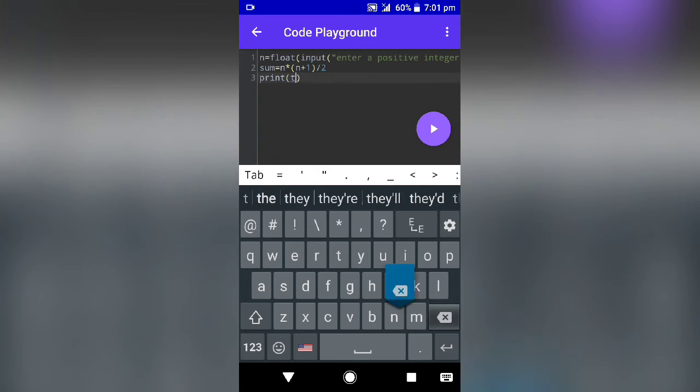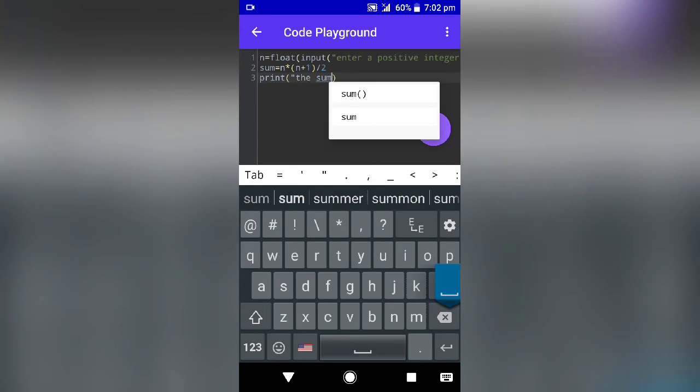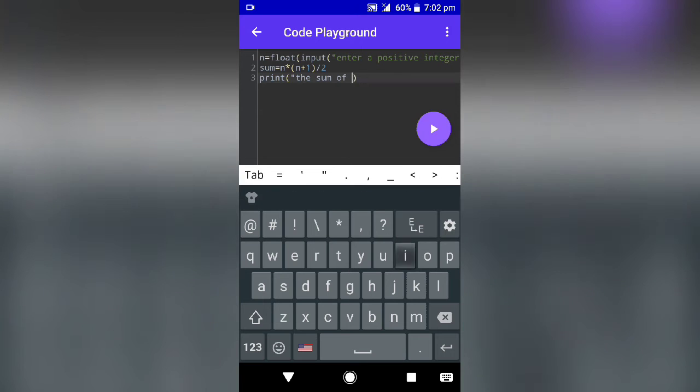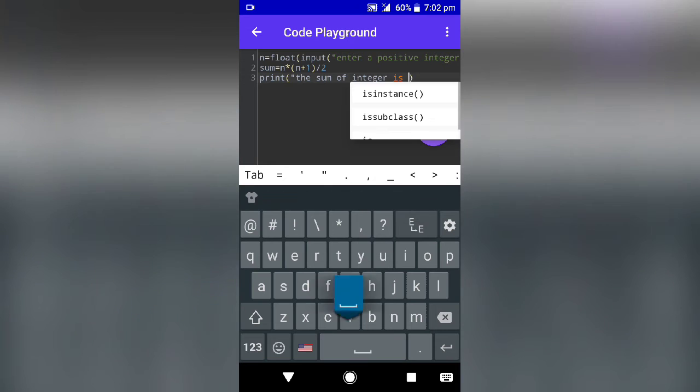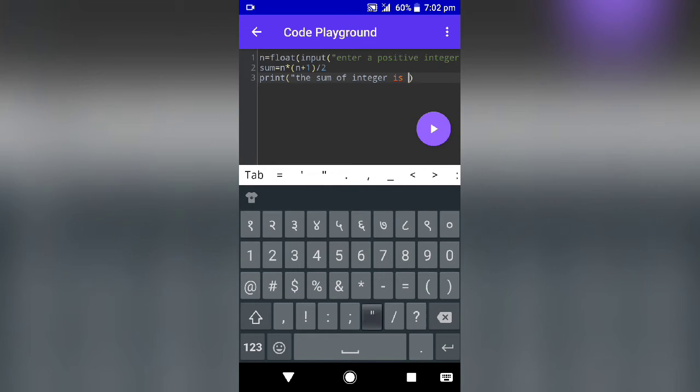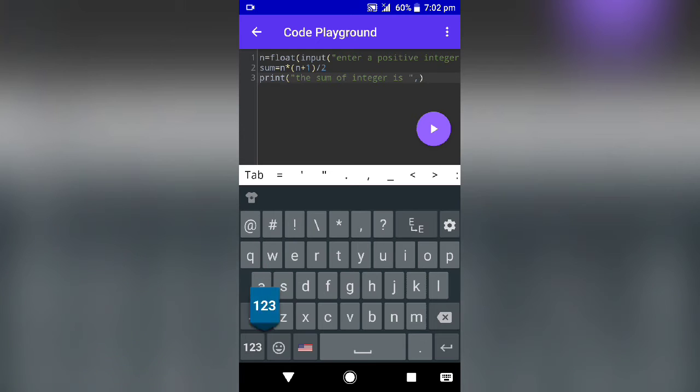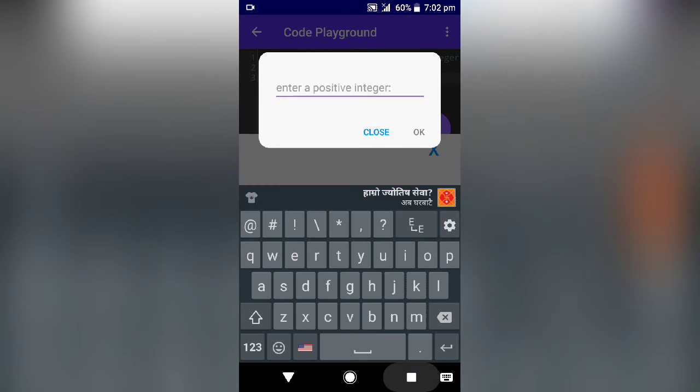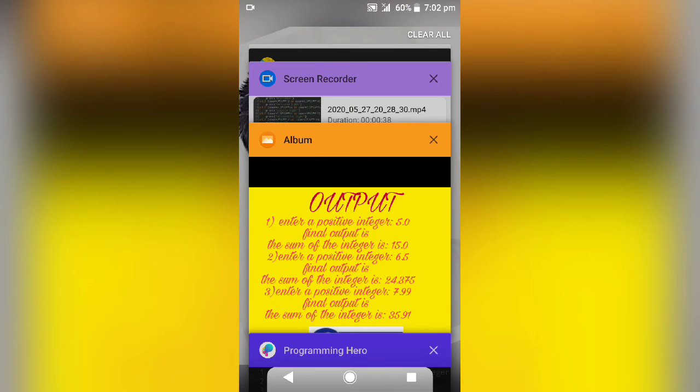The sum of integer is, here you may use sum, and simply run it. Here in this output you can see the result. In the first case we input 5.0 and the output is: the sum of integer is 15.0.